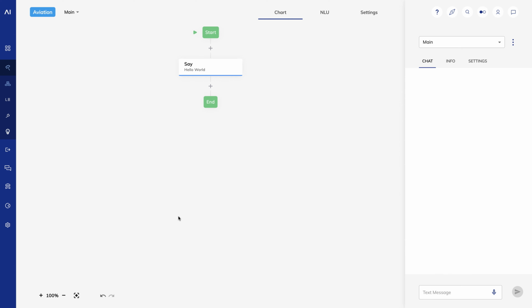We looked at how to output a simple message, but what if we want to create some variation? I'll type in a few options like welcome world and greetings world.